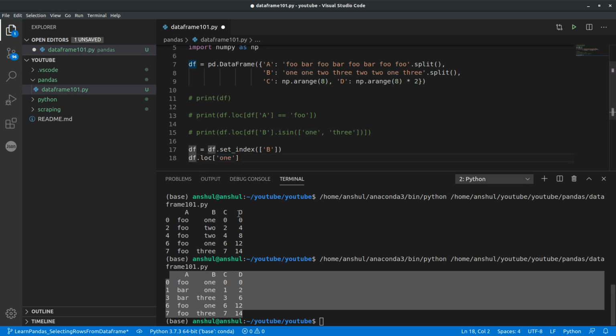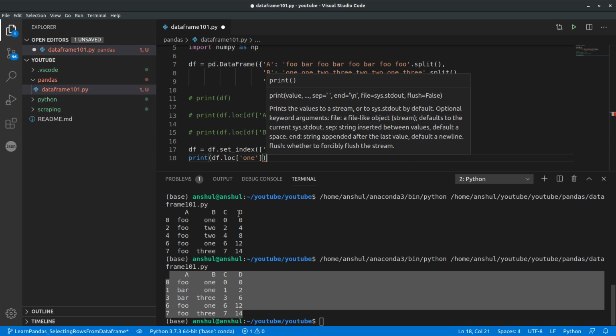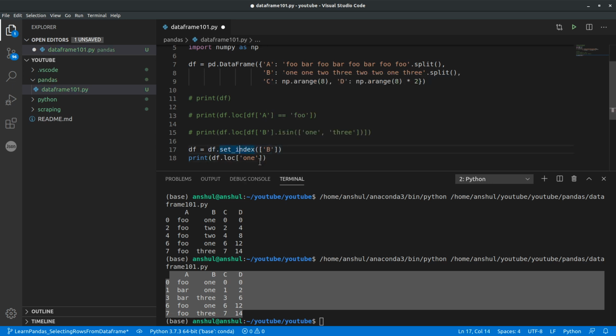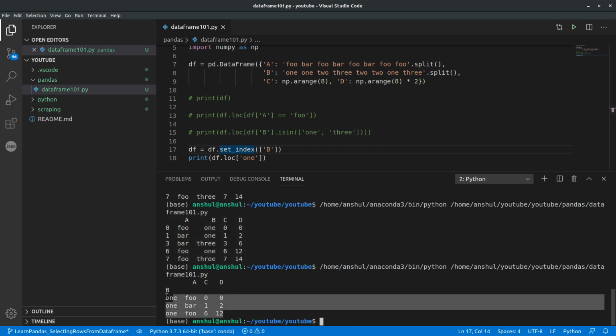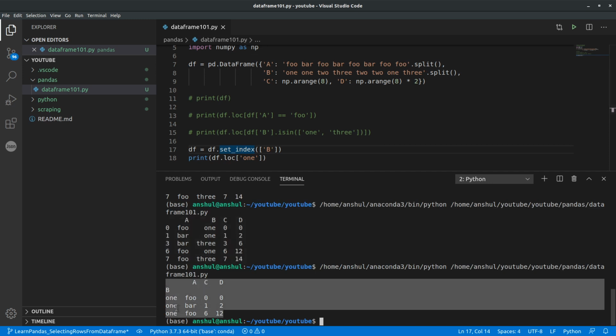This is how we do it. Let's print it. The reason it works is that B column is now an index, so we can directly reference the values as string indexes. Yeah, if you see here, all the rows which had 1 in the index column B got printed. So this is another way.